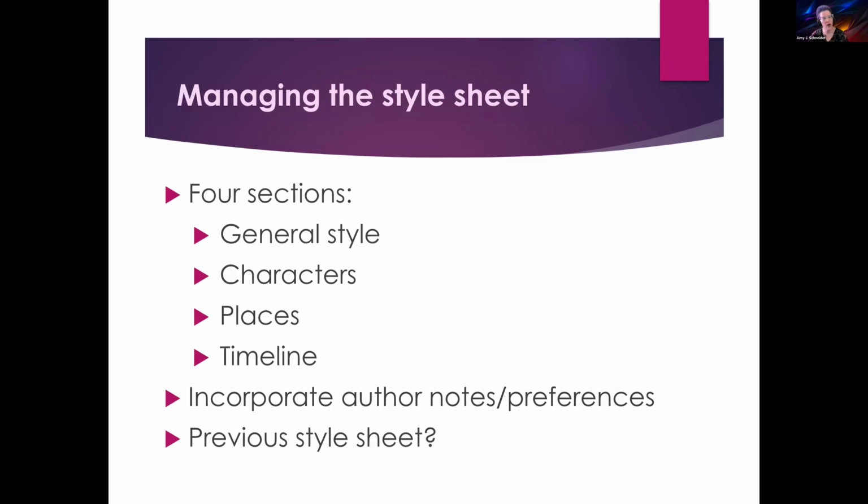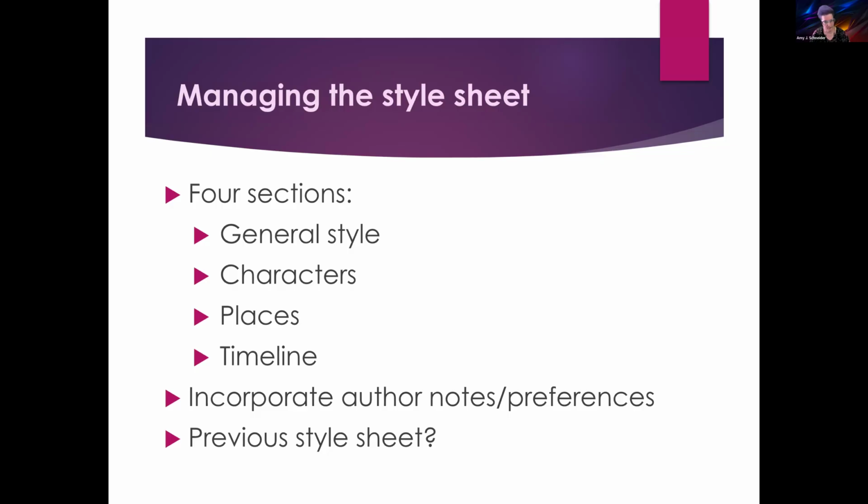Okay, so how I organize my fiction style sheets, I put them in basically four sections, which we will talk about right after this. I have a section on general style, which is things like numbers, punctuation, typography, abbreviations, the word list, same sort of things you'd have on a nonfiction style sheet. Then details about the characters, details about locations and places, and a document that lists the timeline and